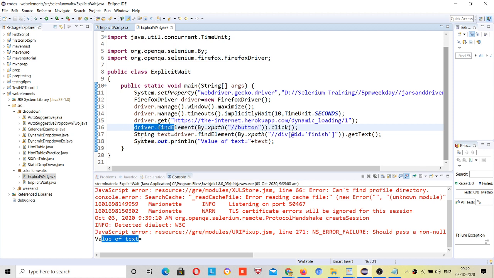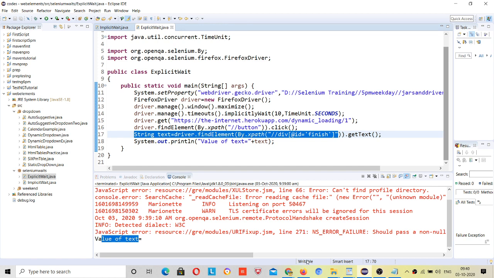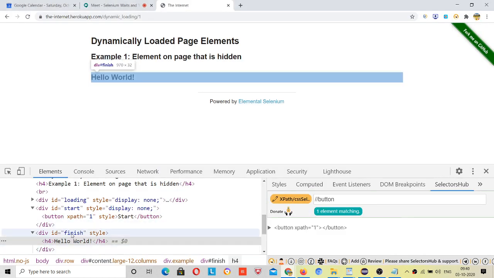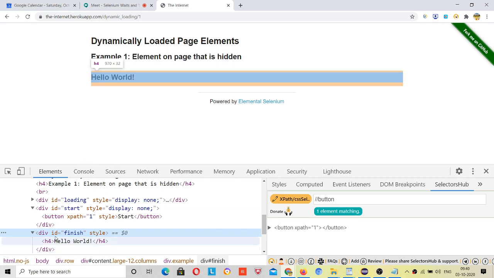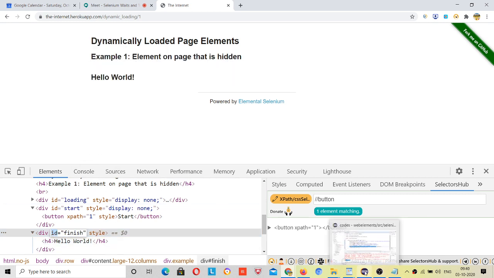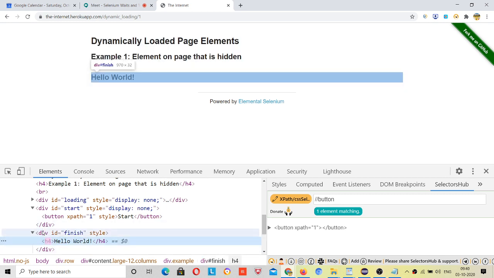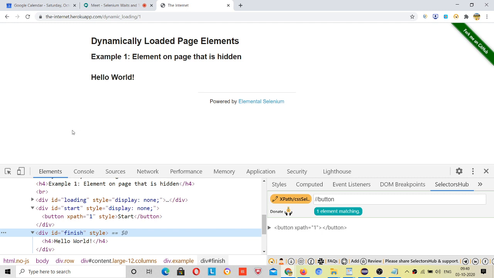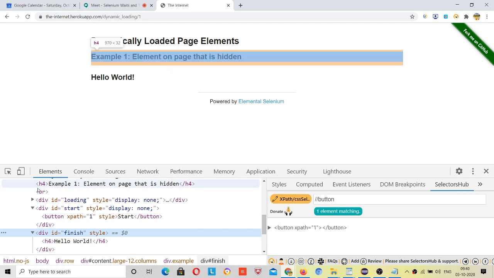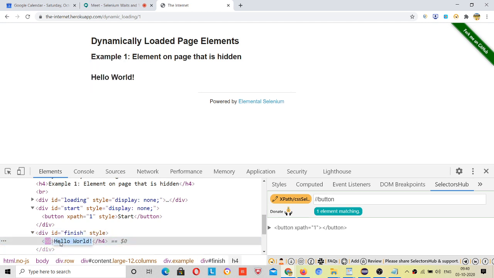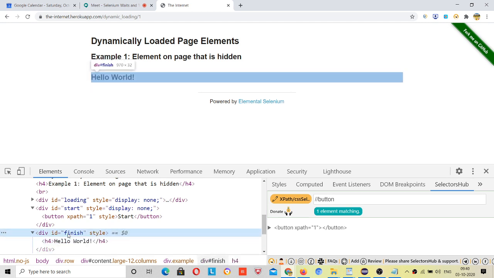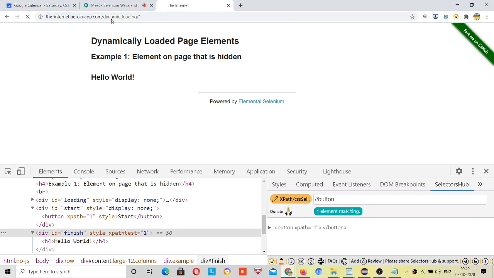Instantly after clicking this button, it will try to get the text from that element, but that will not fail just because this DOM is present already. This code was already present. Whether you have clicked or not clicked doesn't matter, right? But this code is present, so instantly after clicking on this button, it will get this. If this was not present and this text was only present after this clicking, and then the button is gone, and then this data was loaded, then surely it would print this result. But just because the code was already there, it has not waited for that time. I will show it again.